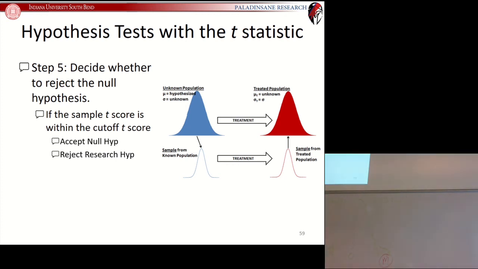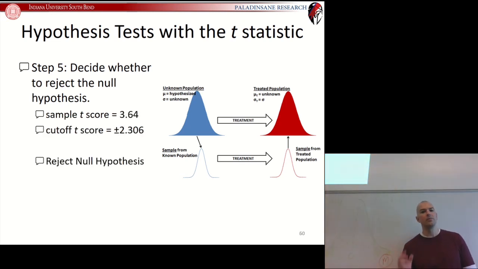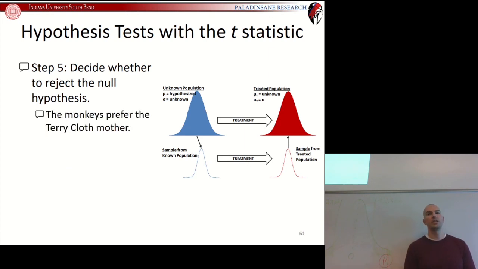It would have to have been all extreme terry cloth loving monkeys from this population in our sample. That's highly unlikely, so we accept the research hypothesis, we reject the null hypothesis, and we conclude that monkeys prefer the terry cloth mother,